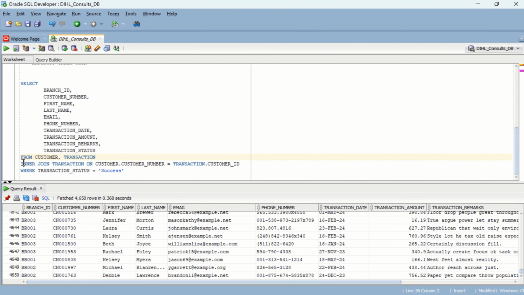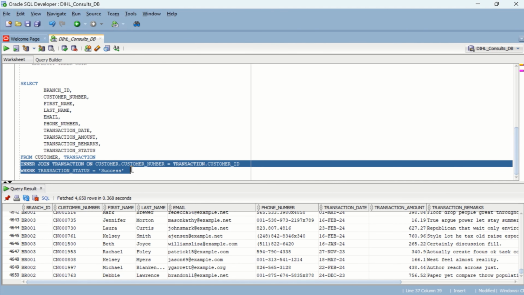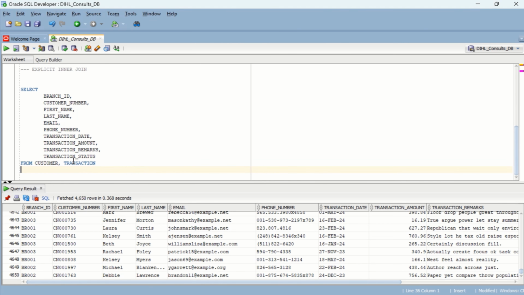So as not to create any confusion, let me remove all this at first. So from customer and then transaction. Now we use our where clause to do the joining, where customer dot